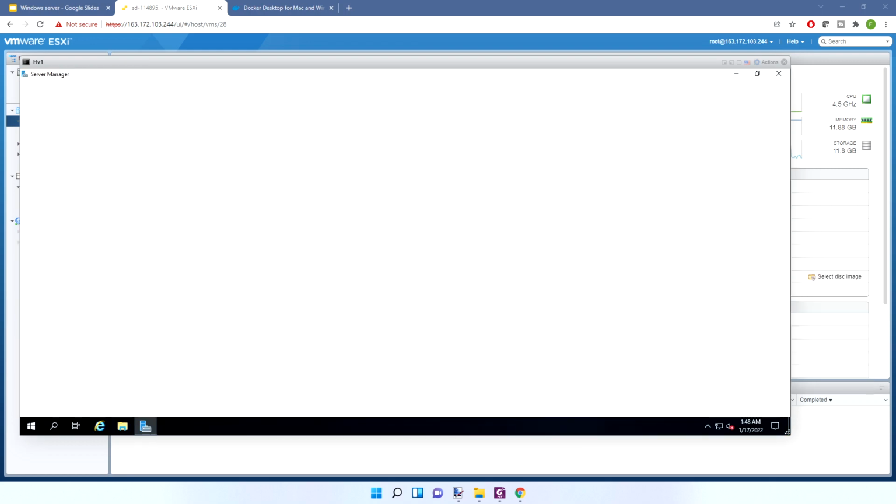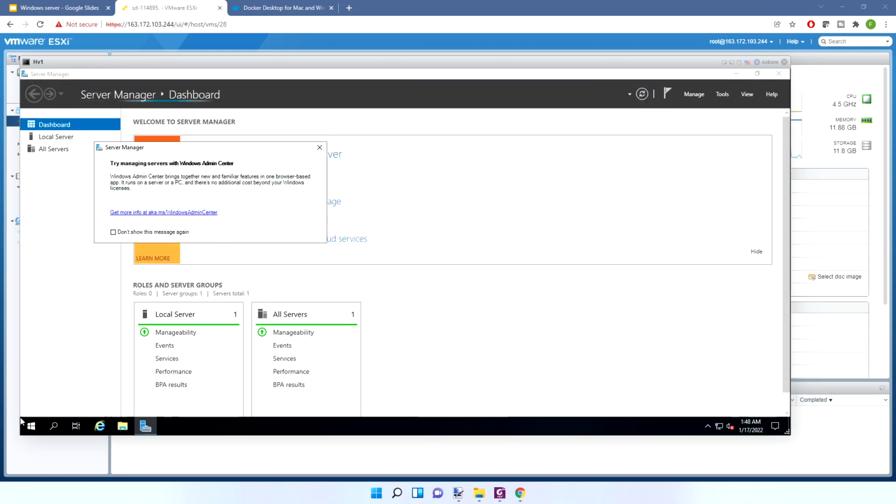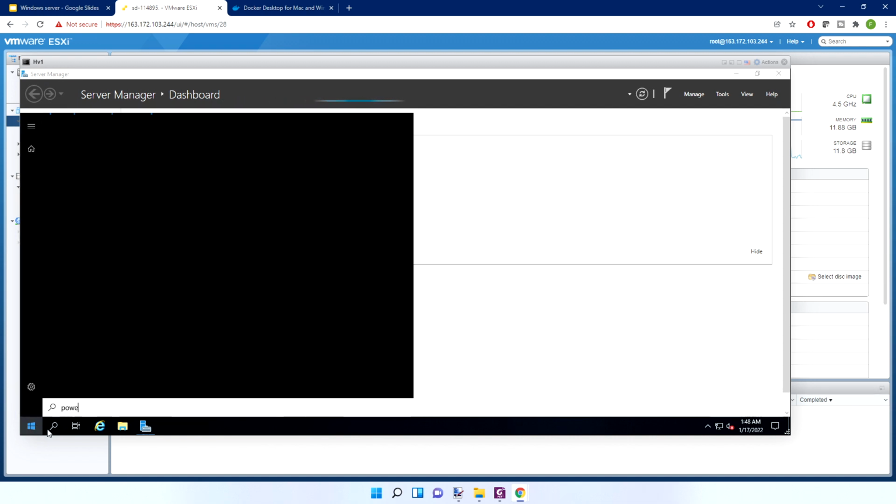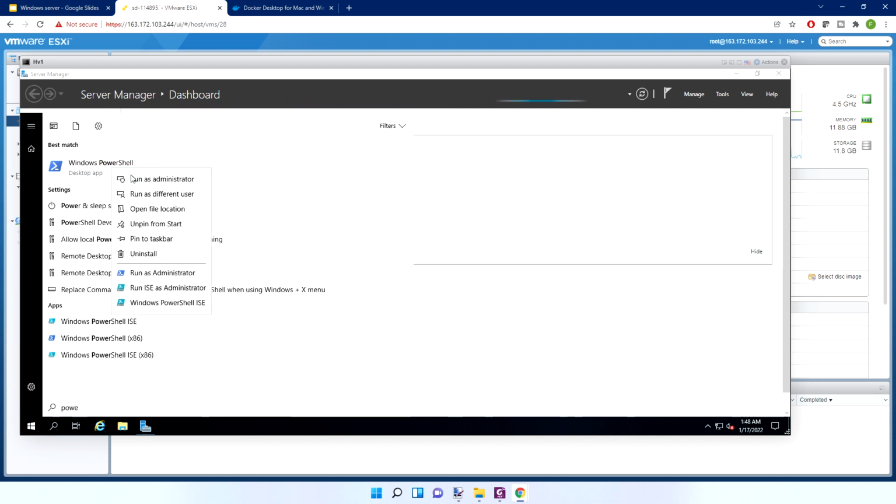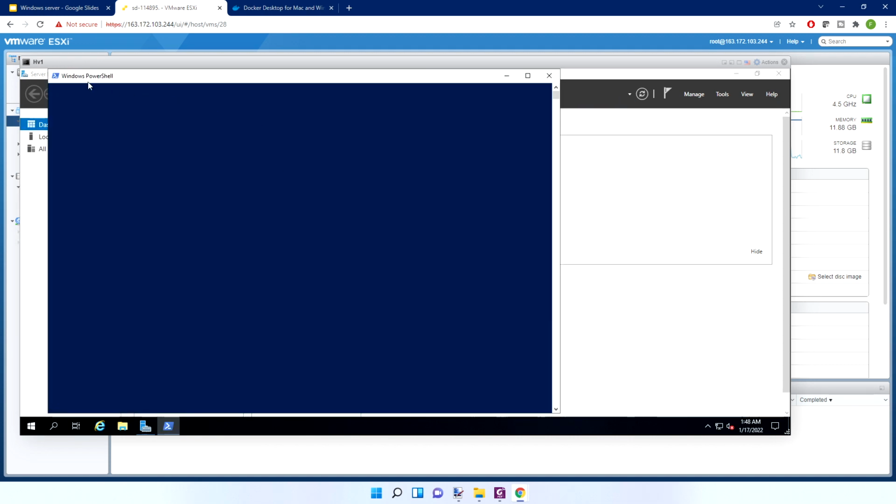Okay, so my server has been restarted. So I'm going to go back to PowerShell, as an admin, of course. And again, okay, I'm good. So I'm going to do cd / and cls. And now I'm going to download and run a Windows container. Okay, so I'm going